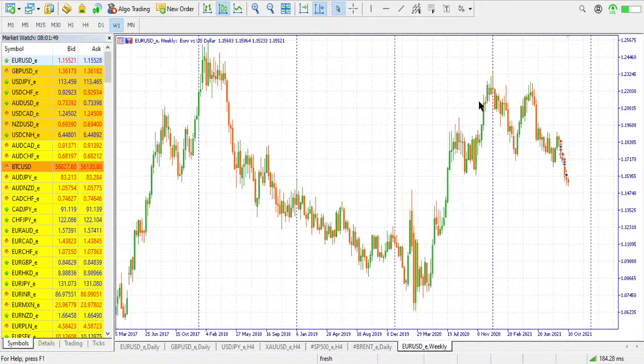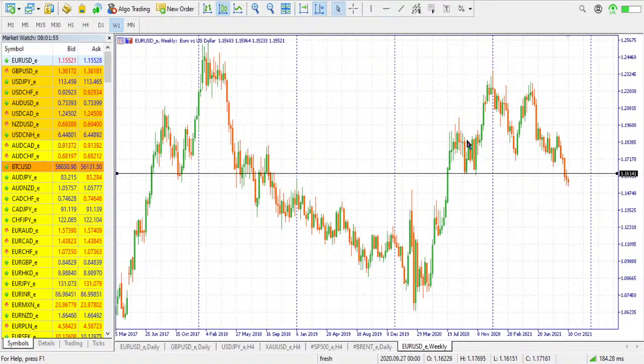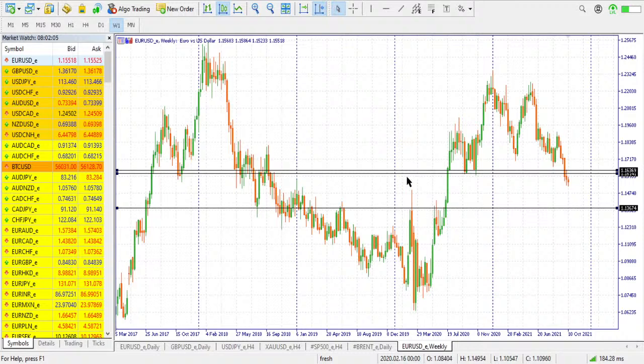What I actually mean is that if the price can pull back up to somewhere around this level, as it did yesterday, then this is supposed to be a good place to look for a sell from. So technically we are sellers if the price comes back up to around